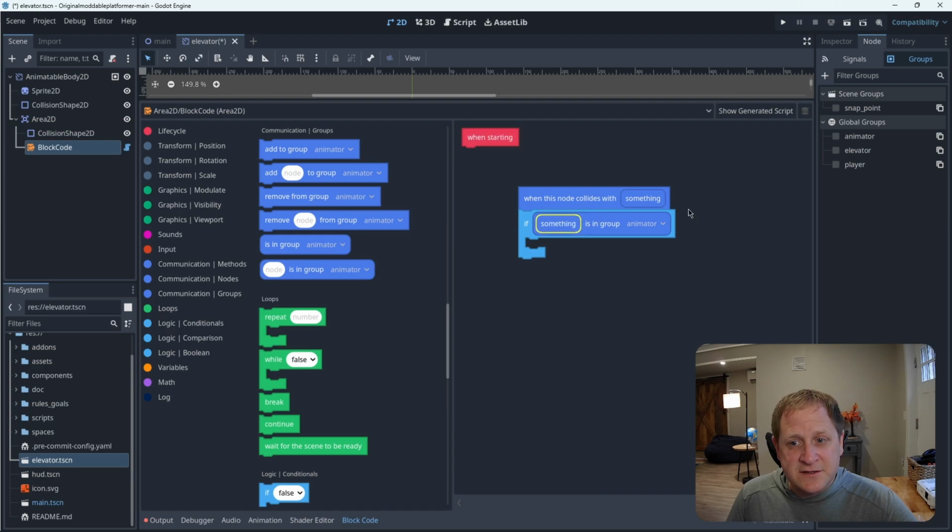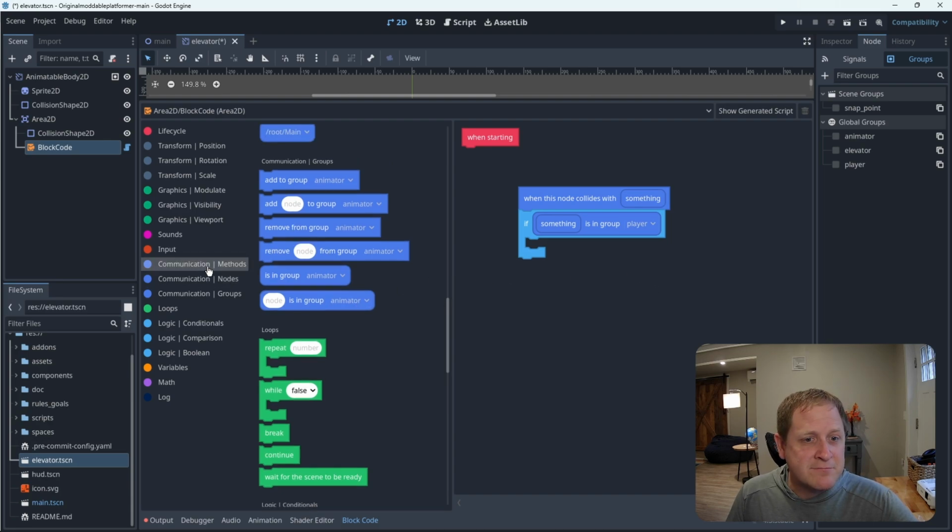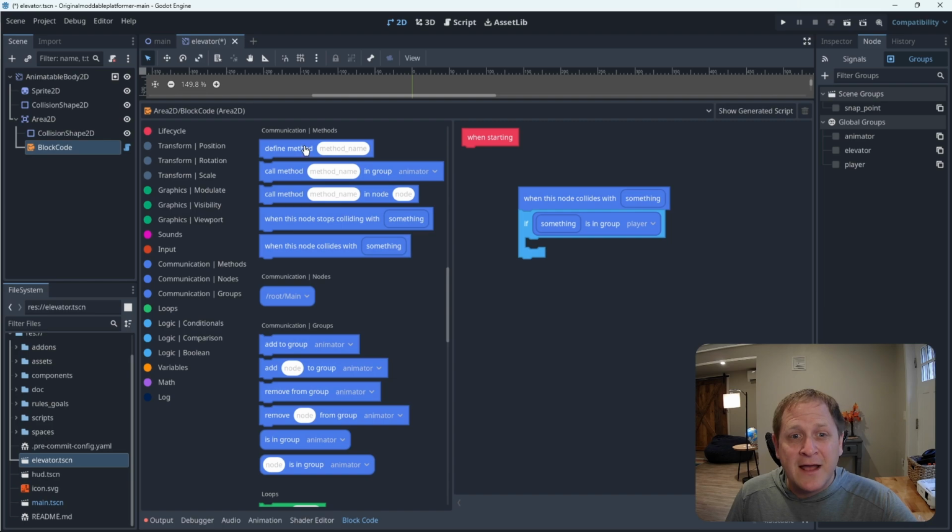Now these two blocks say when this node, this Area2D, collides with something, if that something is in the group player, what do we want to happen? And what we want to do is use that go up method that we described in the animation player. So I'm going to go to communication methods, and instead of defining a new one, I'm going to do what's called call the method, which means start it or make it happen. So I'm going to call the method